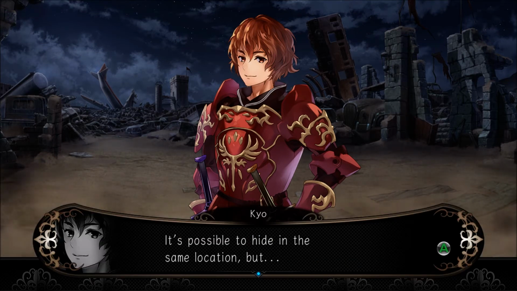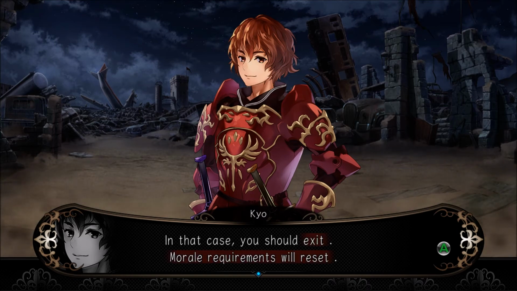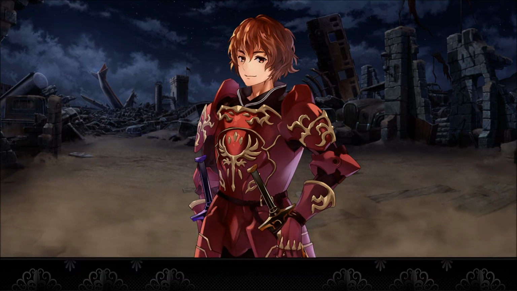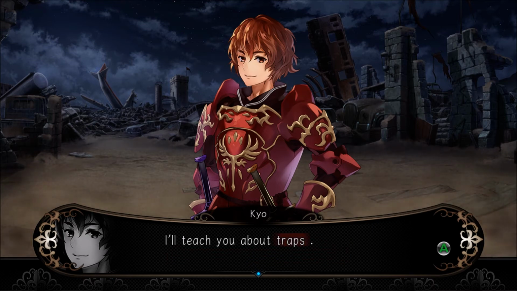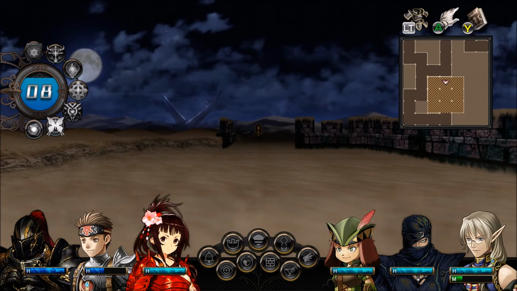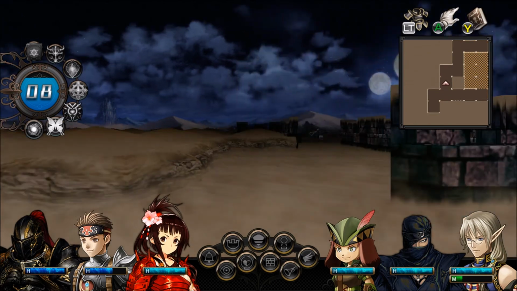It's possible to hide in the same location, but like I mentioned before, the morale cost will increase. In that case, you should exit. Morale requirements will reset. Now let's continue the training. Go south in the Mausoleum of Metal. I'll teach you about traps. Not quite right now. We're going to actually exit, see if those bows are any good, and then